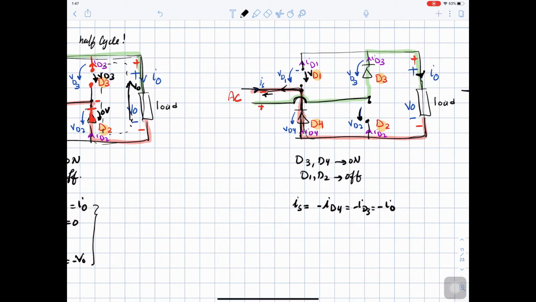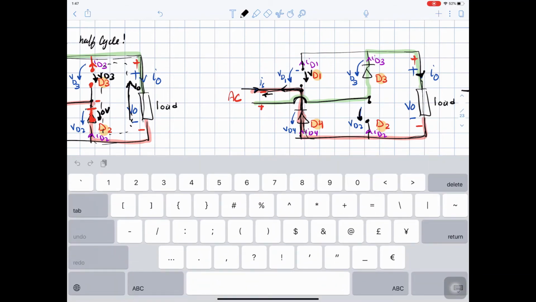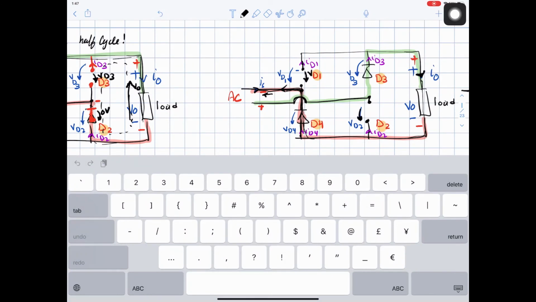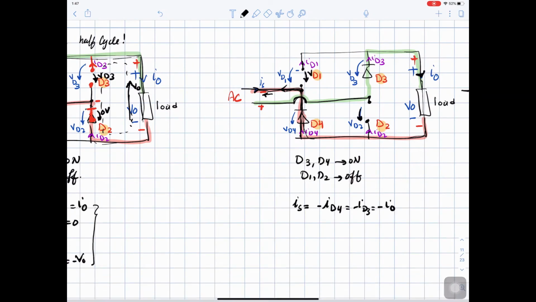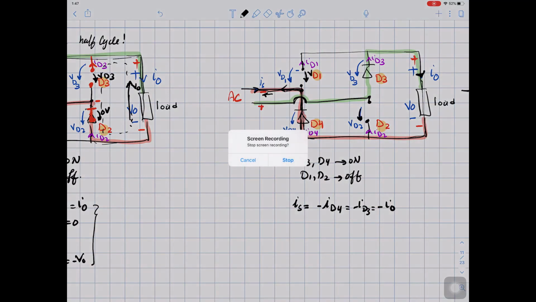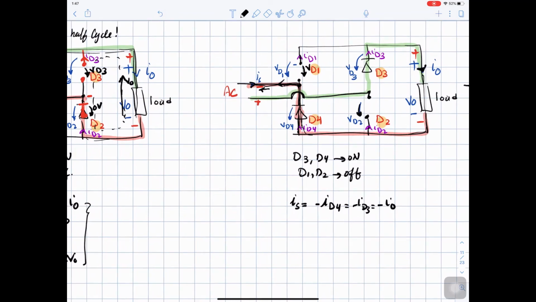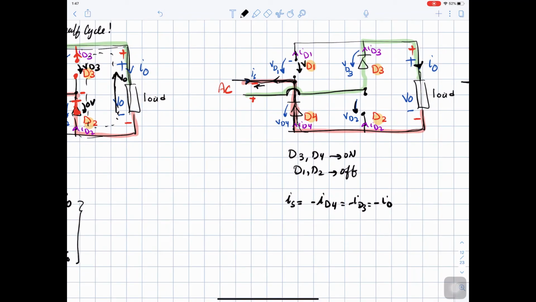I diode 4 is negative I source. I diode 3 is negative I source. Make sure they cancel. And if we find what is V out, okay, you can see here is V out, here